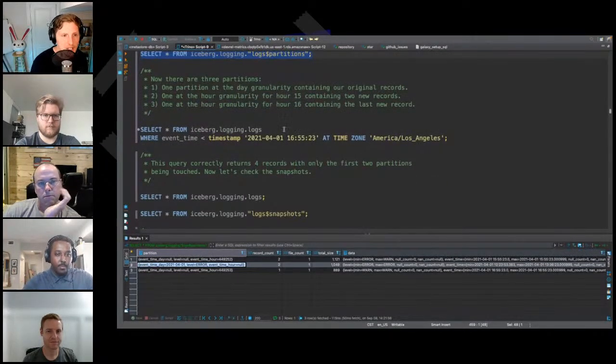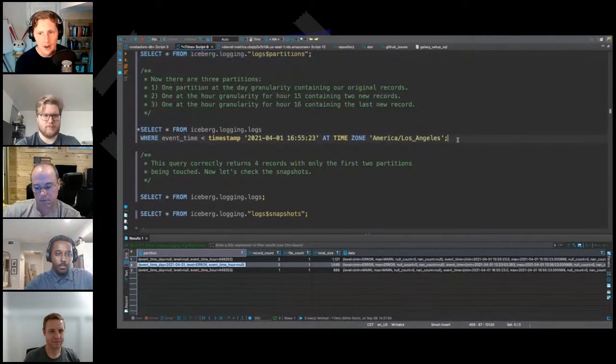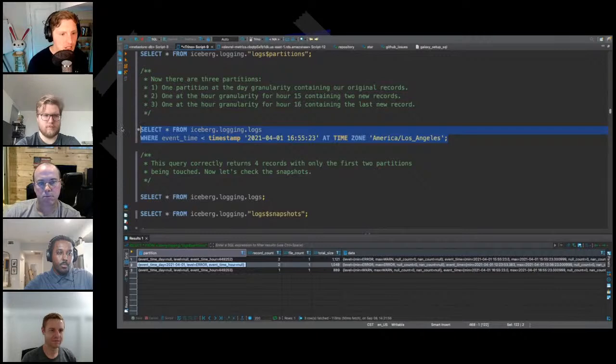So now if we do a query like this, where I want to get anything that is less than 4:55, essentially we want to cut out one of the particular cases. It doesn't have to actually scan the 4:55 timestamp. It can scan any time before that.